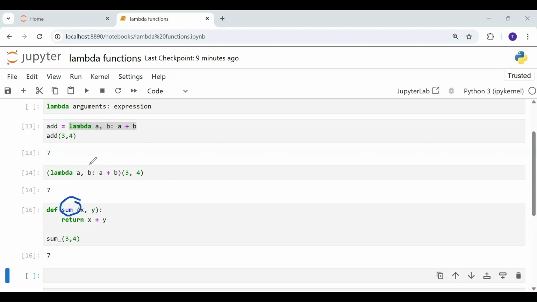So generally, lambda functions are used with other functions like map, reduce, sorted. I'll talk about that in the next video. So there it would become very evident where a lambda function could be used. Right now, you might be confused why I'm even learning this lambda function. I can always use my regular functions and get the work done. But did you notice lambda functions are much more compact to write? Here it took us 2 lines to write this sum underscore while the lambda function was just 1 line. Here while we are calling, it was 1 line. Here we needed 3 lines.